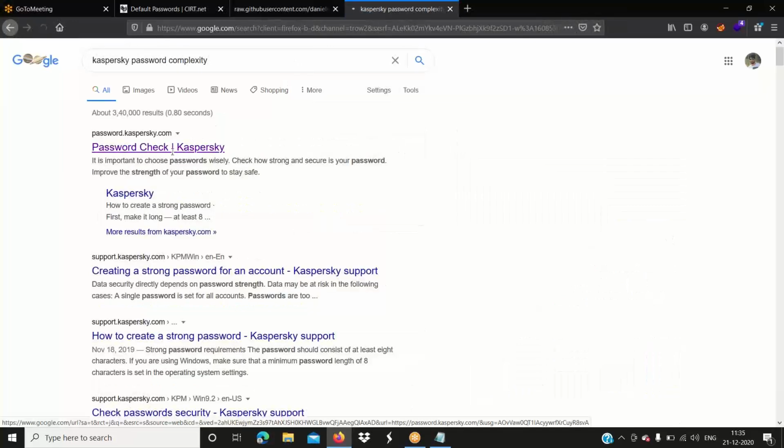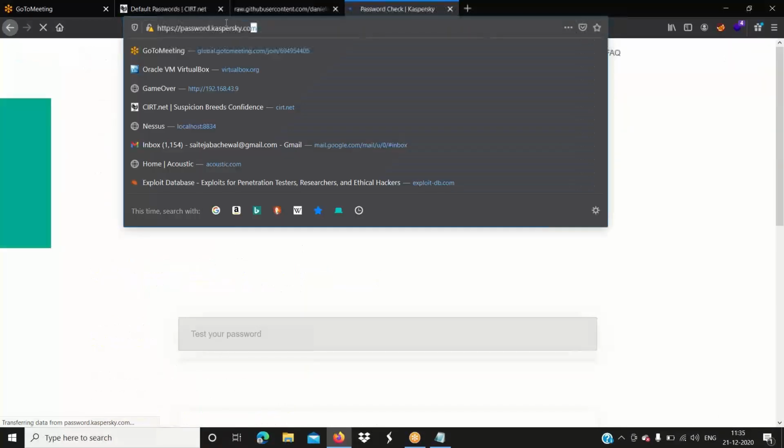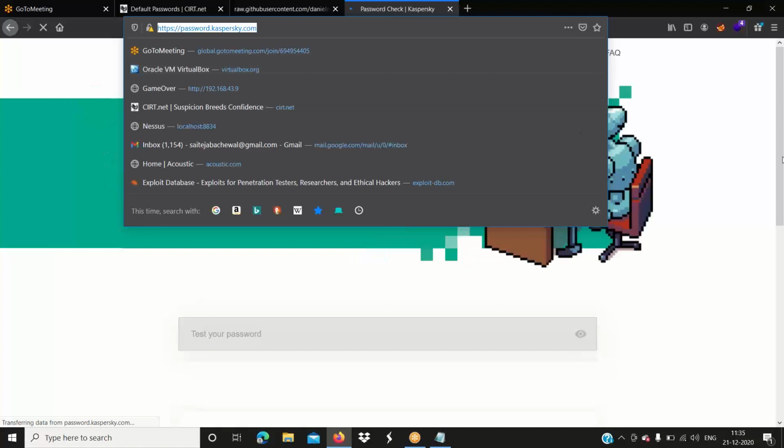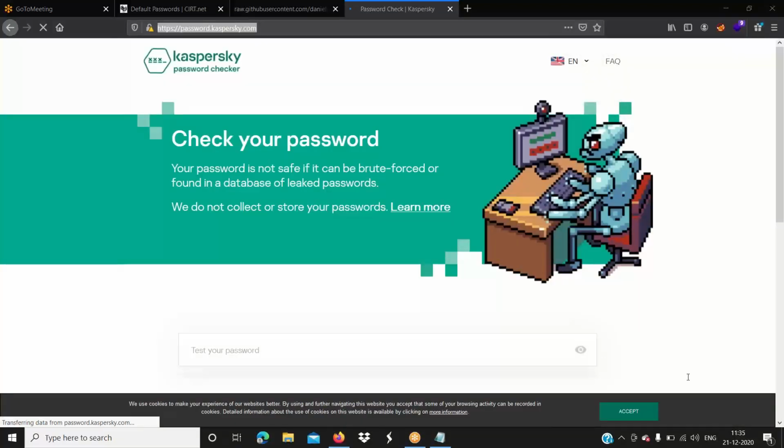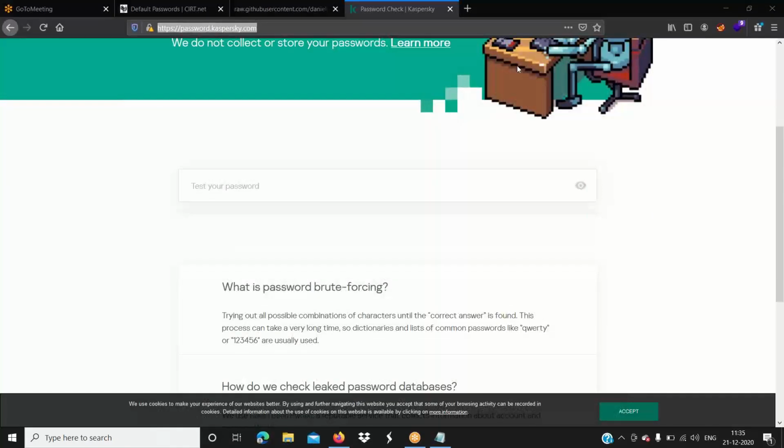Kaspersky password complexity checker. Let me open this. Here you can just put your password. Let's say my password is only numbers, 6 digits.